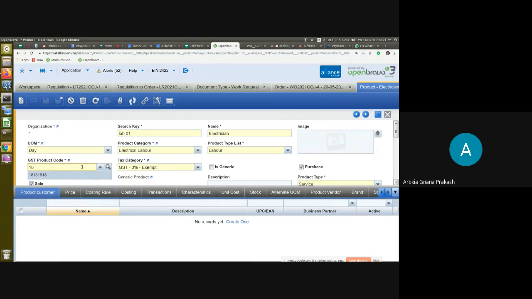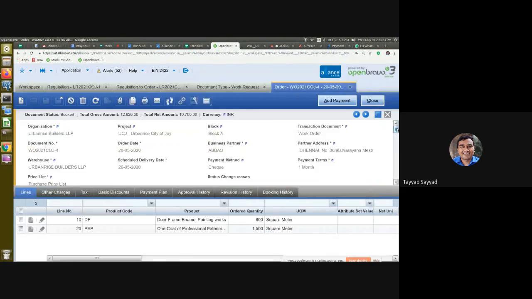A few contractors are not registered for GST, so we will not give them GST. A few contractors are registered for GST, so we have to pay them GST. TDS also may vary. Even if it is GST registered or not registered, we need to apply the RCM for them, because if it is not registered, the account team will use the RCM and apply the GST, which will nullify it.